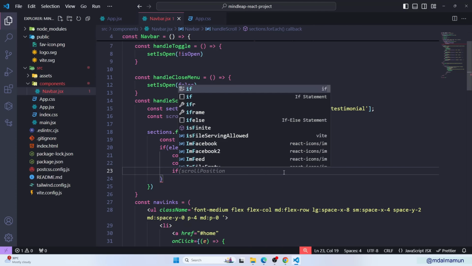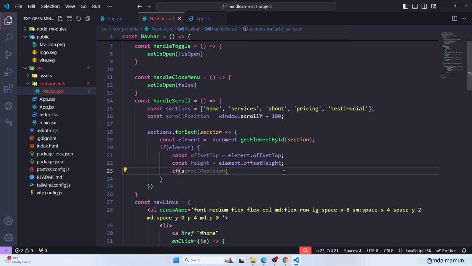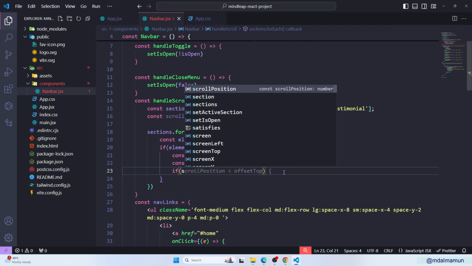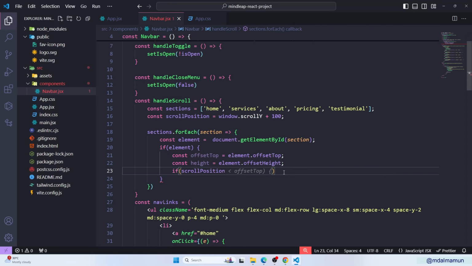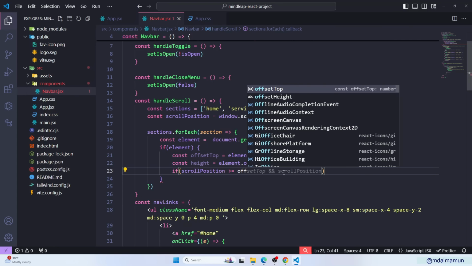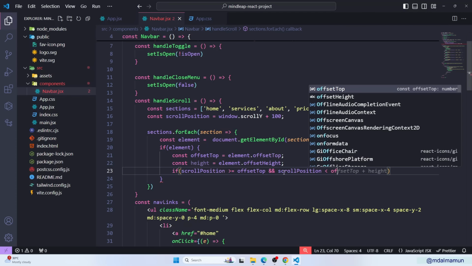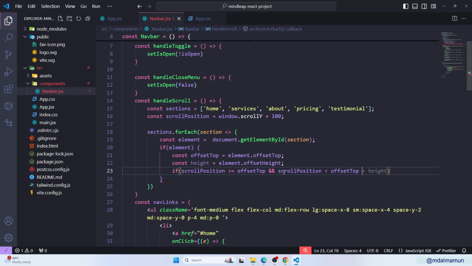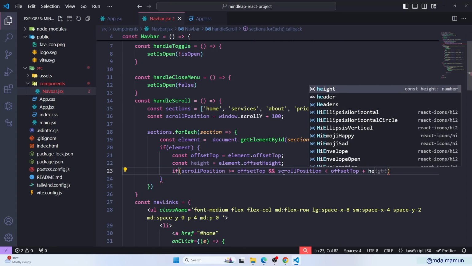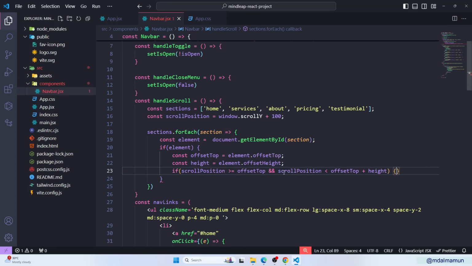And finally we'll define if scroll position is greater than or equal to offsetTop and scroll position is less than offsetTop plus height. Then we will simply define